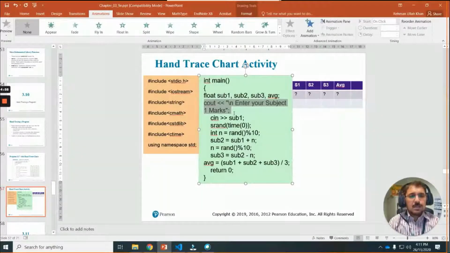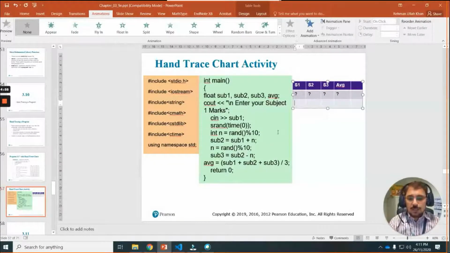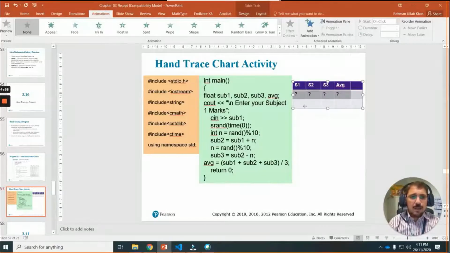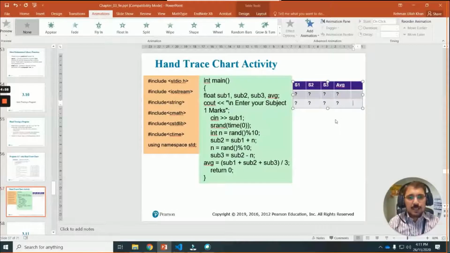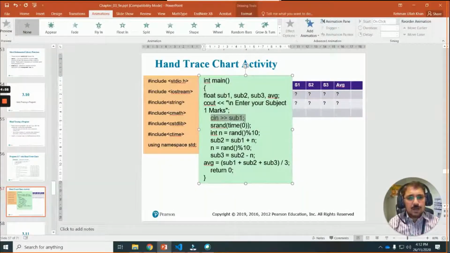At this line, this is also just a cout statement, and it doesn't change any variable yet. So still are the same. So I will just copy and paste the same thing here. Nothing has been changed. At this line, you see cin subject 1.